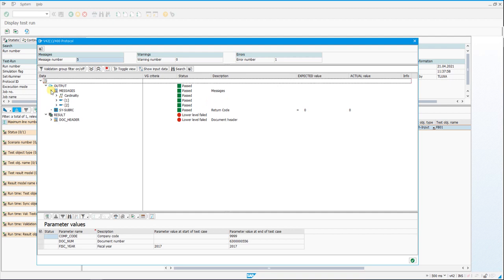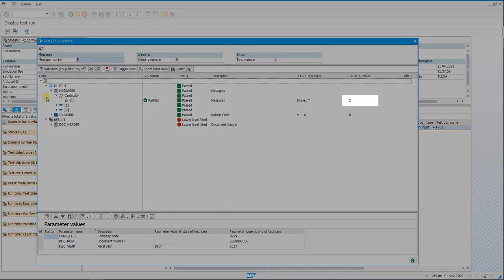When we expand the table node, we see the first child node is called cardinality, which basically just tells you how many lines are in that table compared to how many lines were expected. In the column for the actual values, we see that this table has two entries, which is easy to see in this example when you look at the remaining child nodes of that table. The expected value for the cardinality says